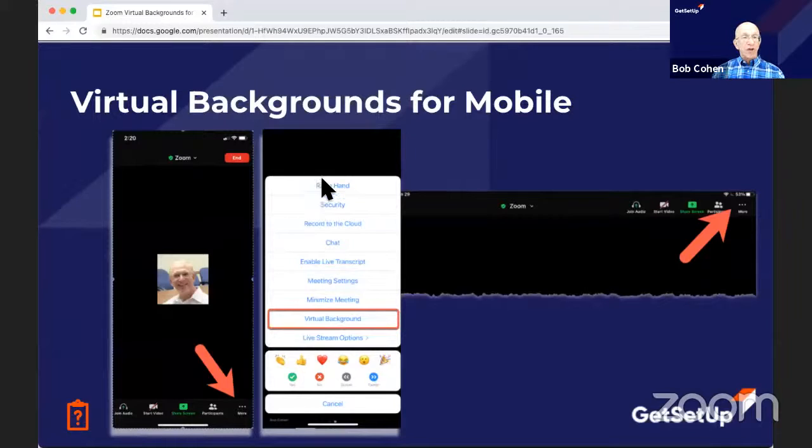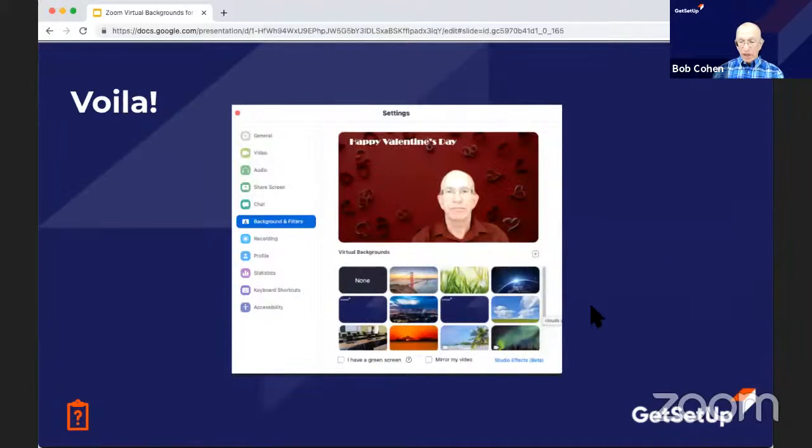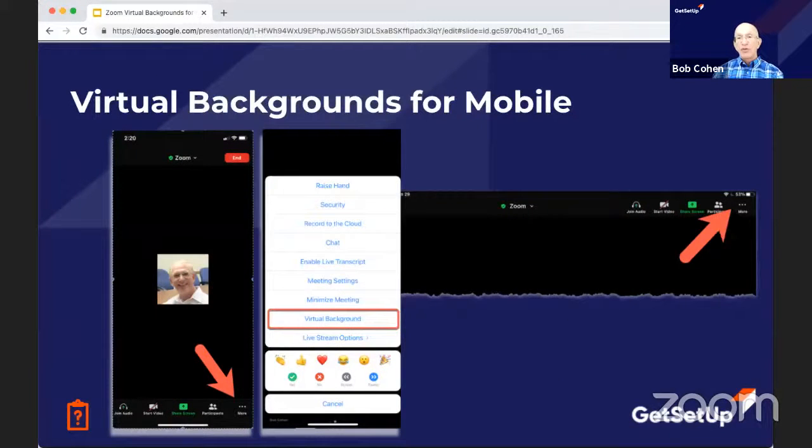If your device supports virtual backgrounds, you'll see an option for virtual background. On iPads, if you look in the upper right, you'll see a More button. If you tap on that, it'll bring up a menu for virtual backgrounds. Now on phones and tablets,